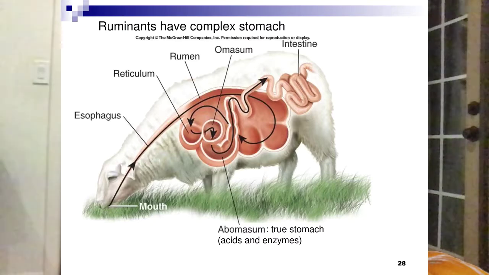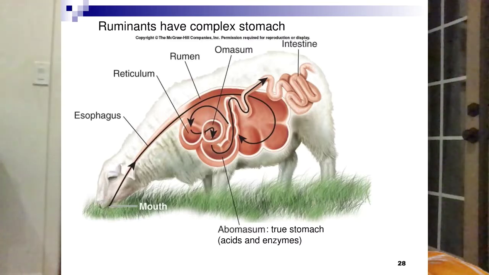Let's see, so the picture I have here is a ruminant. A ruminant is an animal that has a complex stomach. That means it has several chambers. Okay, and so you can see that from the esophagus, you have 3 lower pouches that branch off of the esophagus. They're actually a part of the esophagus. And that's called the rumen and the reticulum. Those are the first 2. And that's what contains